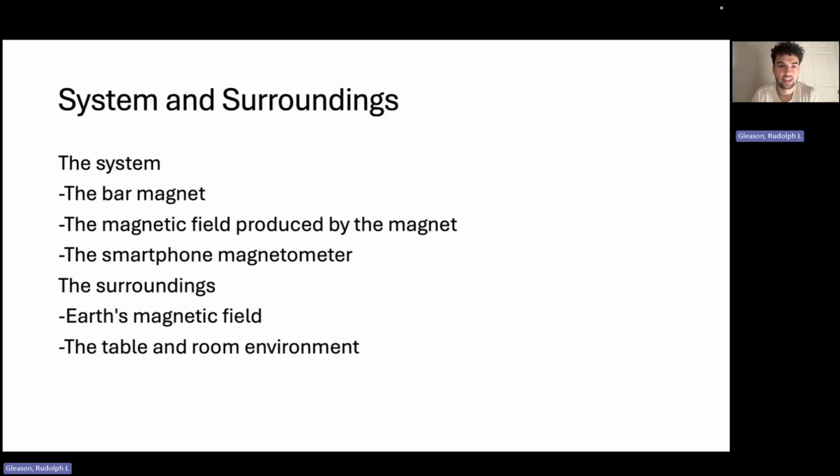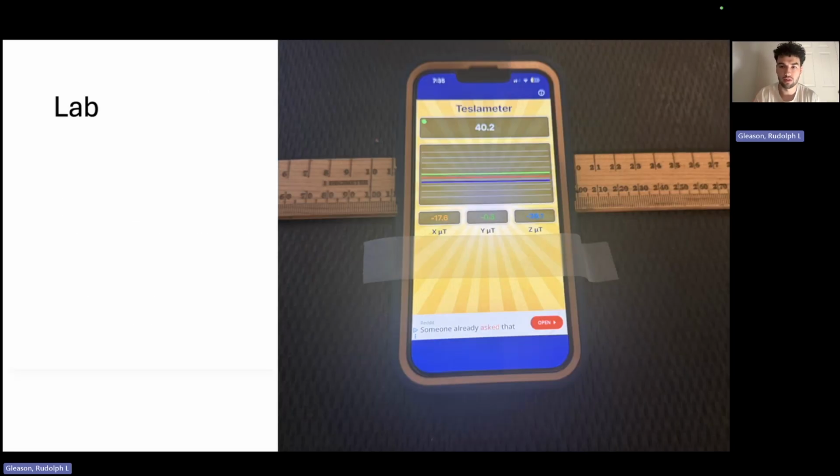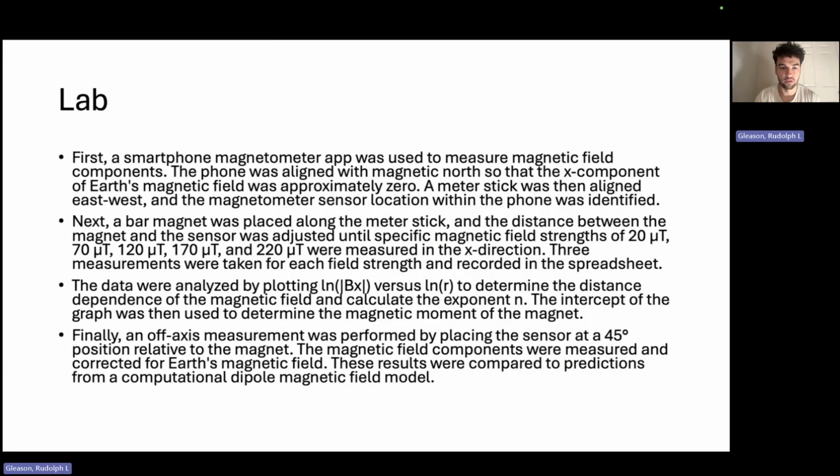Systems and surroundings: I said the system was the bar magnet, the magnetic field produced by the magnet, and the smartphone magnetometer, and then the surroundings were the Earth's magnetic field, and then the table and the room environment. So for the lab, this is the picture of the lab I used, with a Tesla meter and the meter stick. And then for what we actually did in the lab, first a smartphone app